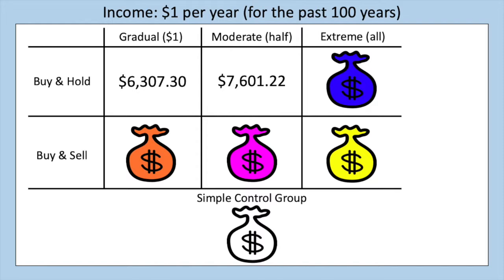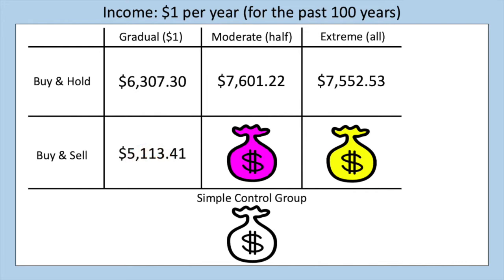This makes sense, as the gradual investor doesn't really take full advantage of the lows that are produced by recessions. However, this backfires very slightly for the third investor, who took this a little too far and probably didn't have adequate funds for the times when the market kept falling. Nonetheless, all 3 of our buy and hold investors seem to have performed reasonably well. Unfortunately, I can't say the same about the remaining 3. The fourth investor has the worst performance so far, leaving them with just over $5,000. Things could still be much worse though. This number is at least comparable to the first 3 investors, mostly due to the fact that this investor was restricted to selling only $1 worth of the Dow Jones at a time.